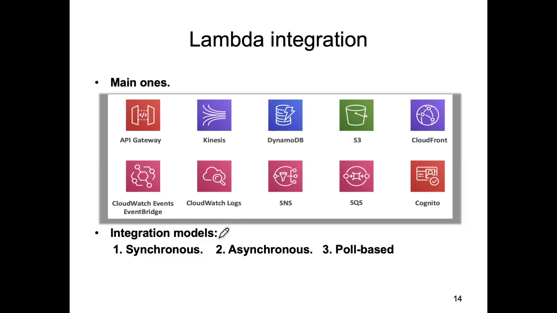The way it's modeled from an implementation point of view is you can have synchronous invocation of your Lambda function, an asynchronous invocation, or you can have what's called a poll-based invocation of your Lambda function. So there's three different models, and the various services that I'm mentioning up here, they are restricted to using one of the models, and this is all kind of prescribed by AWS. You can't